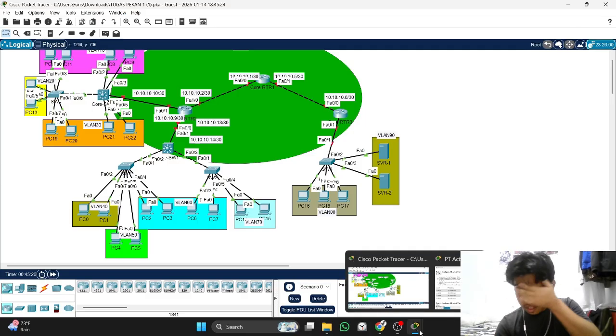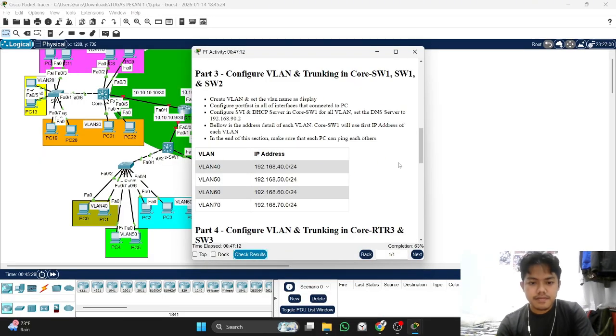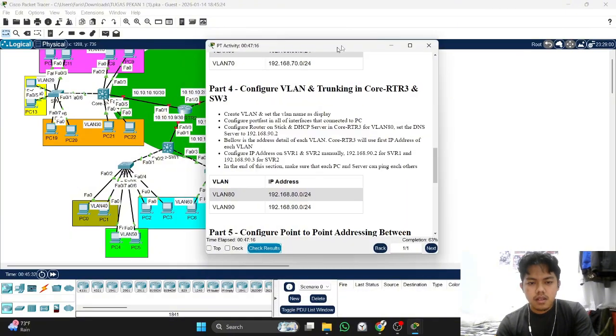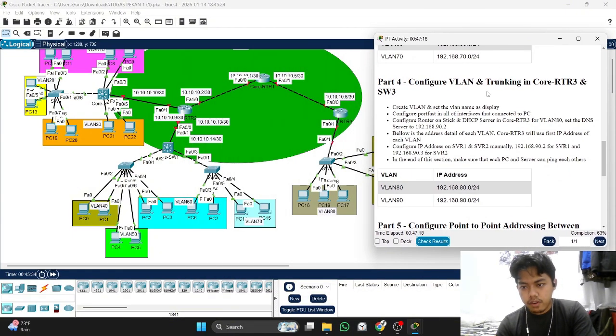We look at the task test. Now this is part 4, configure VLAN and trunking in core router 3 and switch 3. Create the VLAN and the name, configure the port first to our PC, review router and state, and DHCP server.